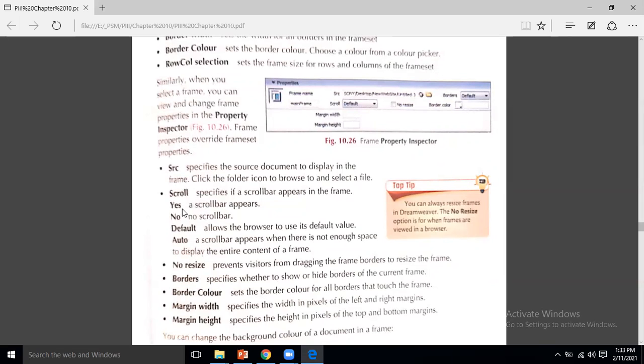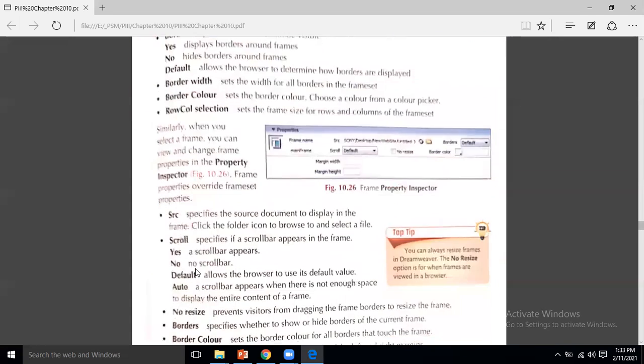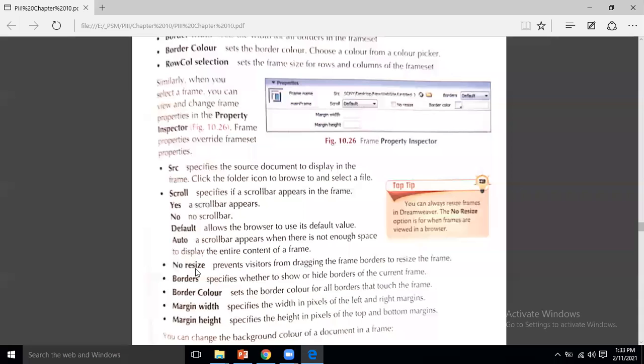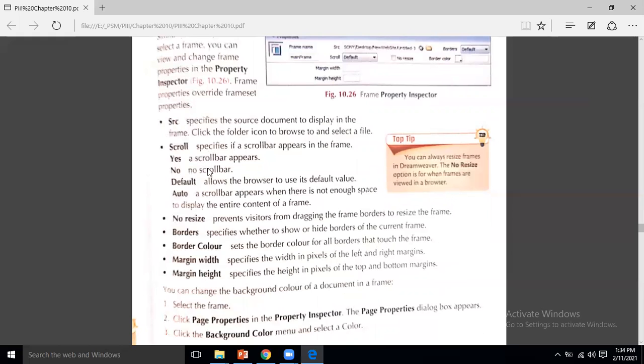The source, scroll, resize, these are all the options related to the frames that we must know, because these options will be asked in your MCQs.